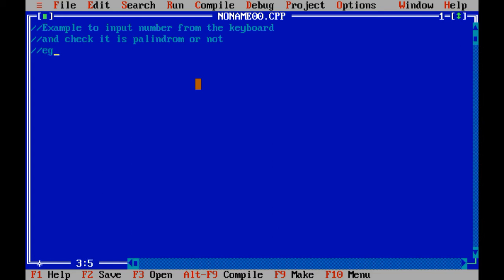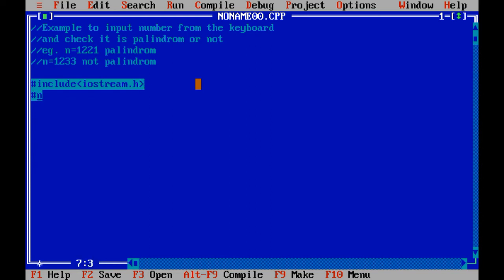For example, number equals to 1221, that number is called palindrome. And another example, n equals to 1233 is not palindrome. Now we need to include two header files,